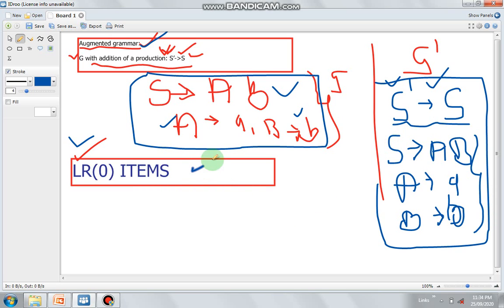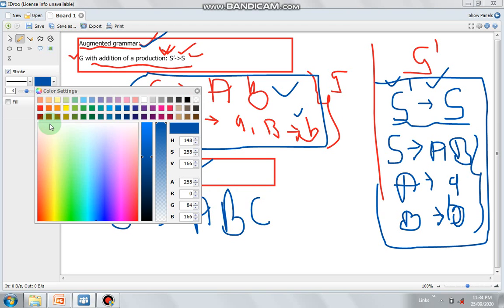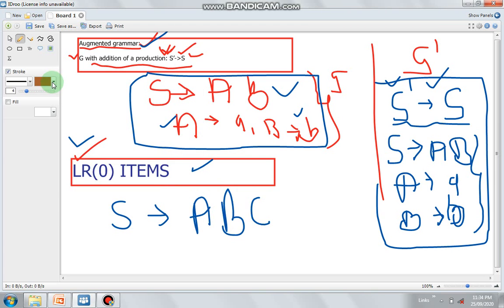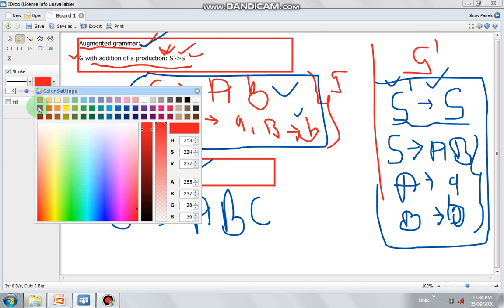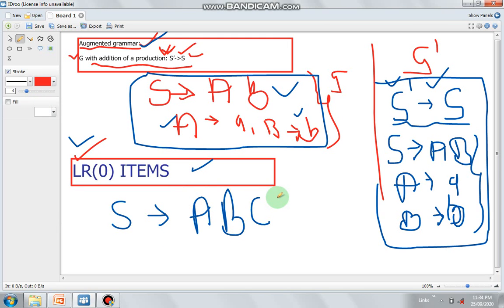And what are LR0 items? Suppose you have been given a production A producing ABC. I am asking you to write down all possible LR0 items for this production.